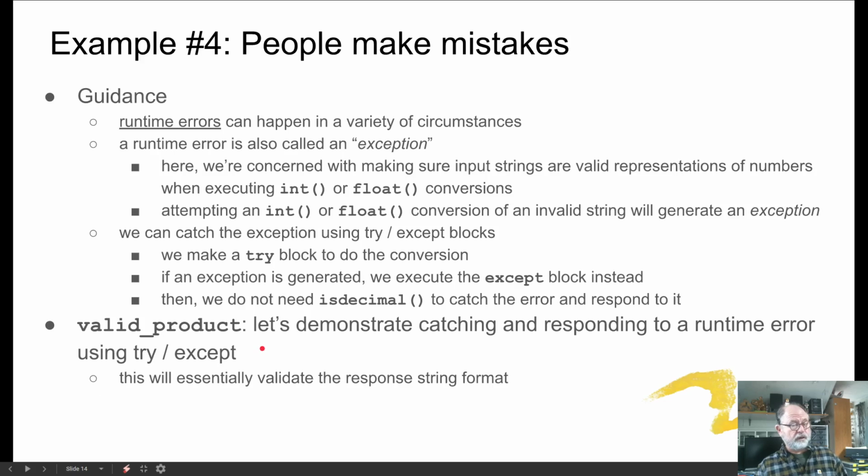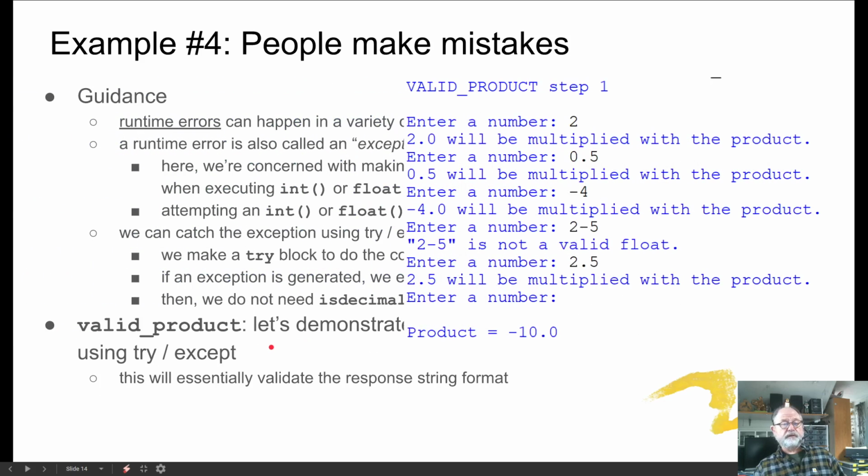So we'll start out with our product program, and we should modify it so we get some kind of user interaction like this. Enter a number. If the number is valid, we just feed it back. Enter a number, we feed it back. Enter a number, we feed it back. But if we enter something like this, we feed back that it's not valid. Okay, so